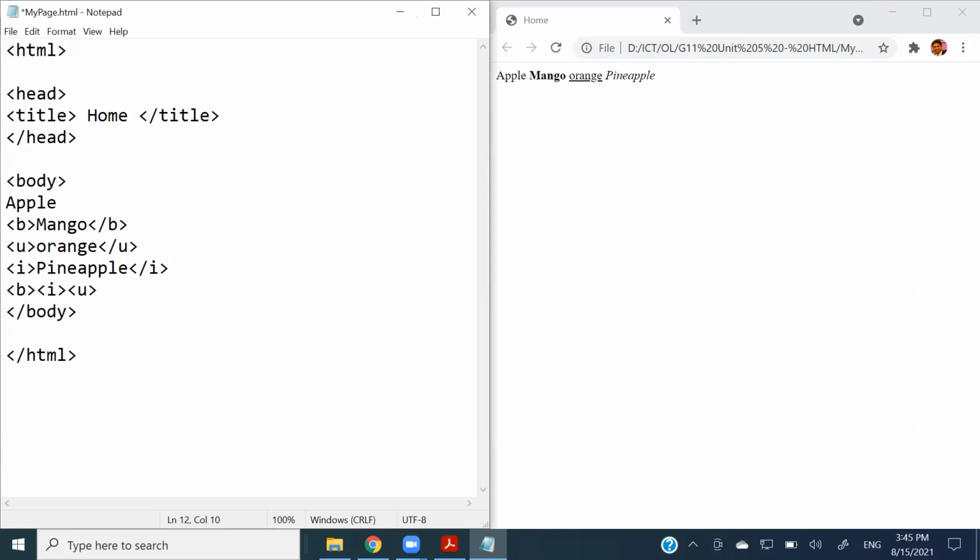Now, as a good practice, it's better we close what we have open lately, right? That means first we are going to close underline, then we are going to close the italic, then we are going to close the bold. Right now, if I put something here, it is going to apply all these effects on one single object, right? Now, if I put car over here in capitals,